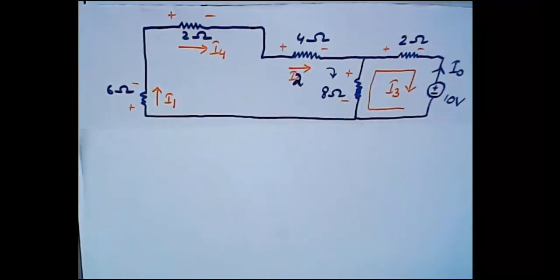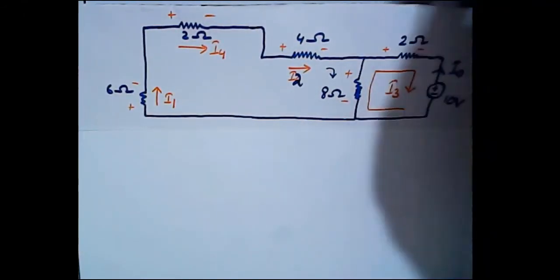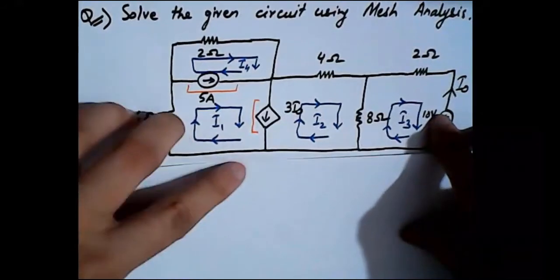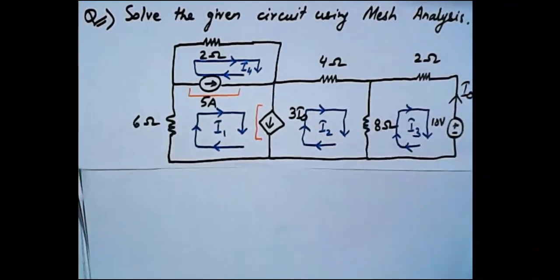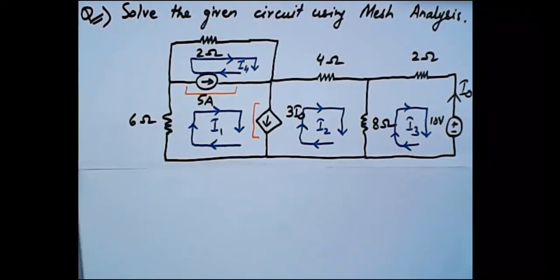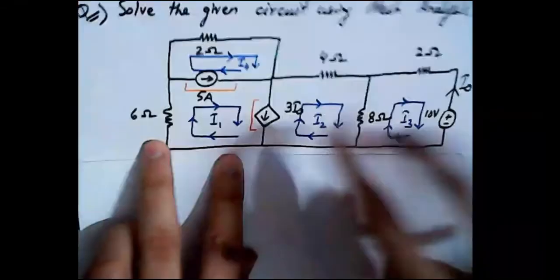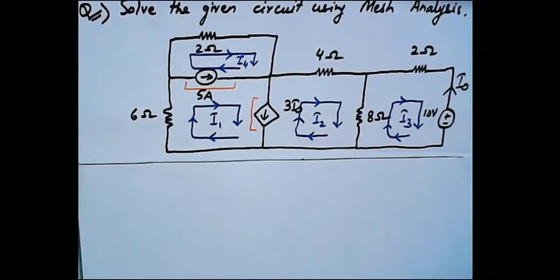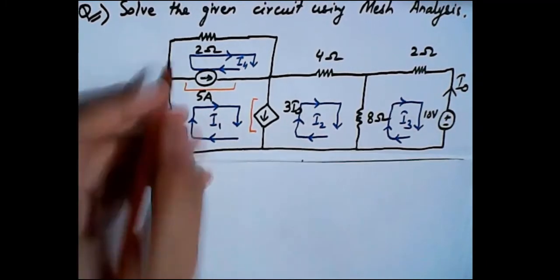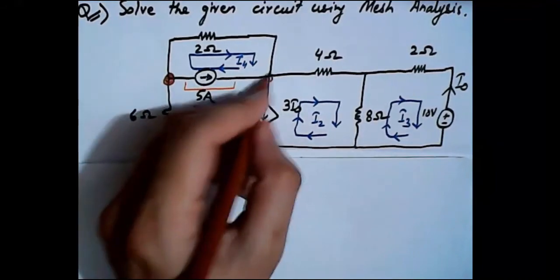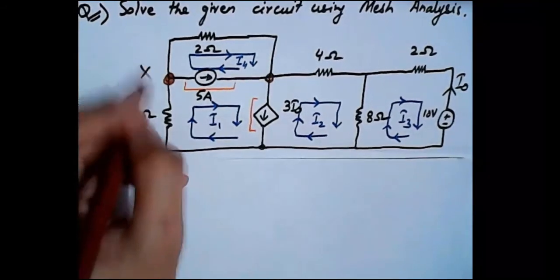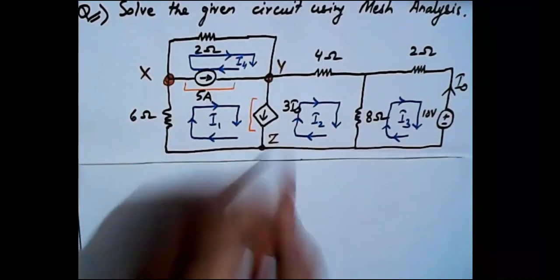let's try to find the remaining equations. How can we find the remaining equations? We have to return to our main question, and we have to apply KCL to those nodes which we open circuited, right? Let me address it. Okay, so now you can see that this is one node where the source is connected, this is the second node, and this is the third node: node X, node Y, and node Z, right?